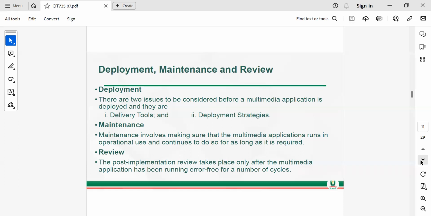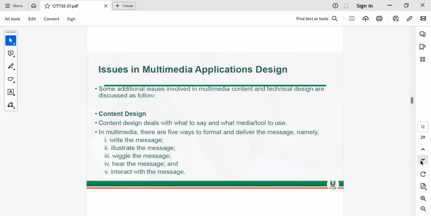Then maintenance comes up after you have started using the software or the multimedia application. What it means is that as you have been using the application, there might be one or more problems that may come up. Maintenance means identifying this problem. When you finish identifying them and how you are going to go about correcting them, review will now help you go through the components and do some correction. The moment you do that correction, the software comes back to the first step again. You are starting from the first step when you are doing the correction, and that is why it is called a life cycle.